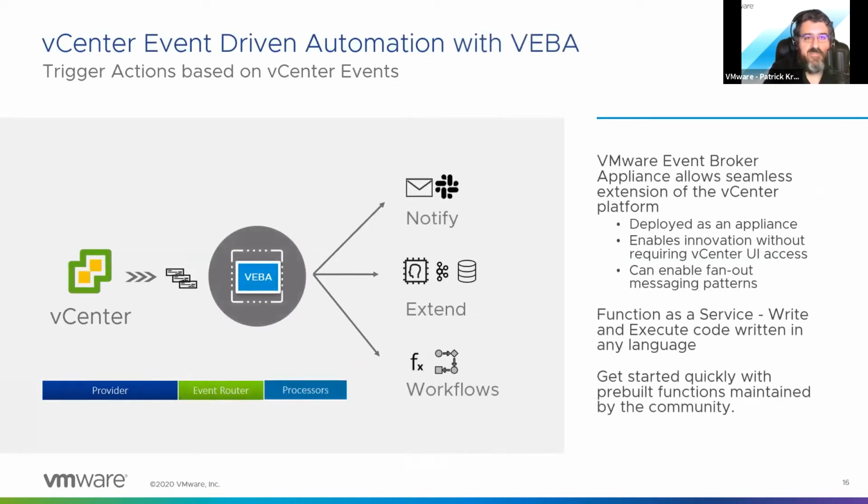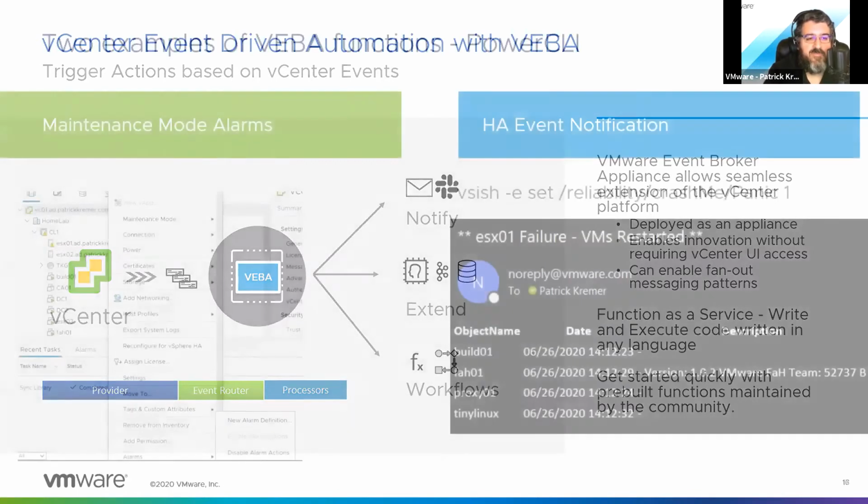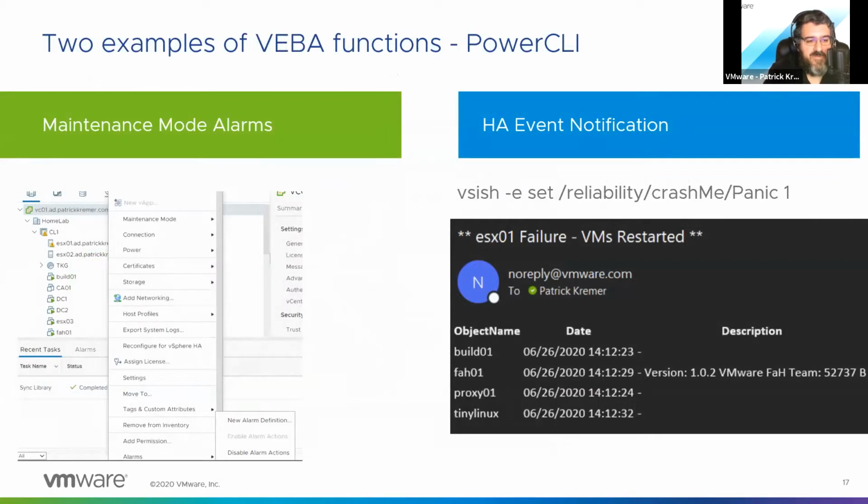So what VEBA does is it monitors all of the events on a virtual center, and it lets you react to them programmatically, fire a script for any event, not just the specific limited set of events that you can do inside vCenter, right? There's, I don't know, 100 or so that you can build a vCenter alarm on. But there's like 1,800 events that can fire. Like every action that happens in vSphere infrastructure fires an event on the vCenter, and you can react to them programmatically.